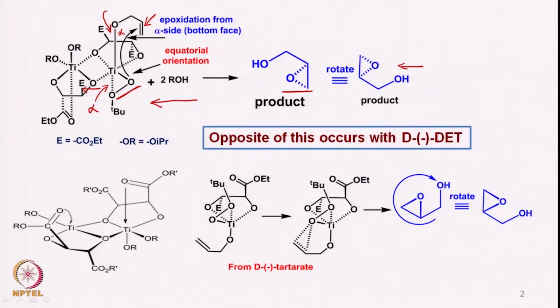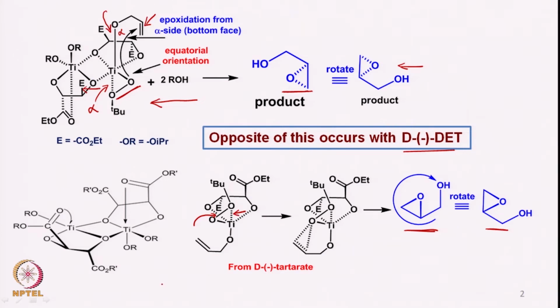And exactly opposite of that occurs when we take the D minus DET, and of course we get the product like this, because the tertiary butyl hydroperoxide now attaches from the top side. That means once the titanium oxygen bond of tertiary butyl hydroperoxide has taken place from the equatorial side, the other oxygen and tertiary butyl bond, the attachment takes place opposite side to the side from where